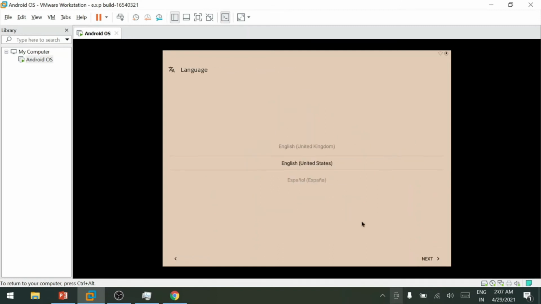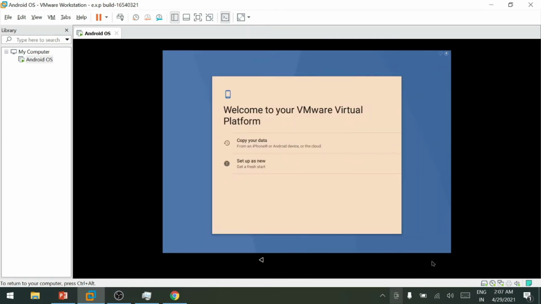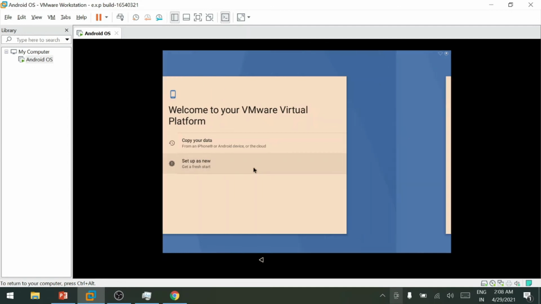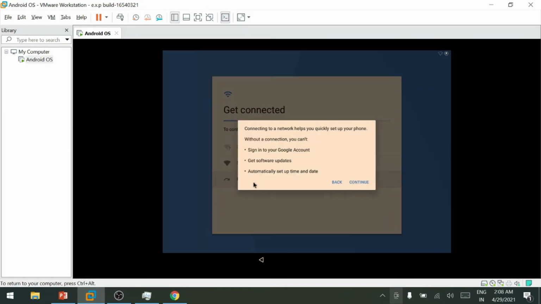Select the language from here. Click on next. Again, if you want to copy your data, you can, but I am setting it up as a new device. Connect Wi-Fi if required. As of now, we don't want it. Click on continue.